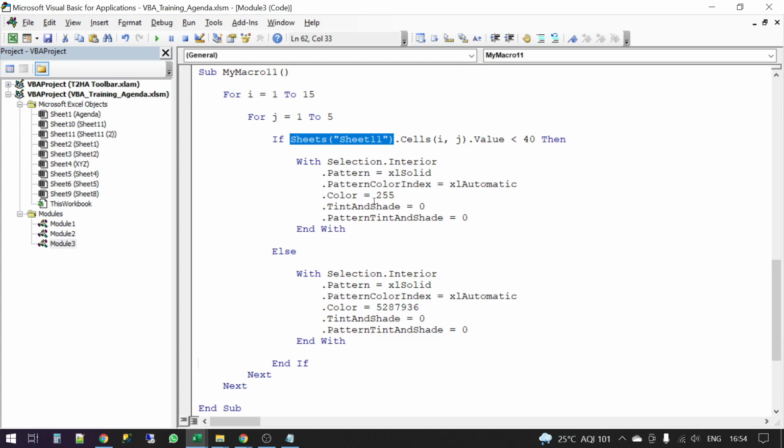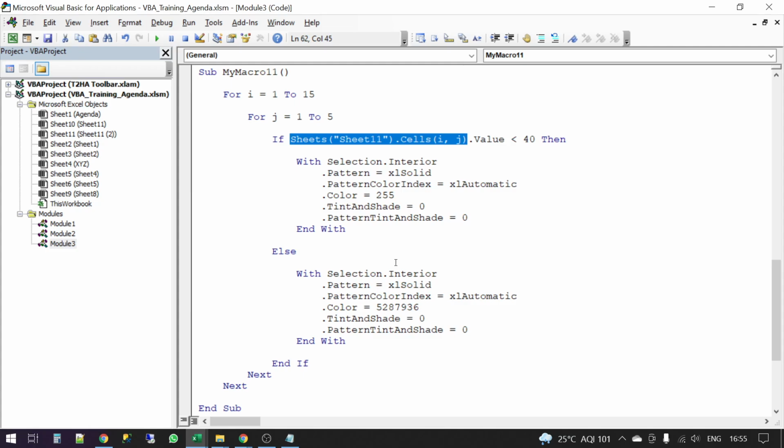Brinal, one issue with what you've said is i and j will never be in double quotes. Double quotes are only used for strings. i and j are variables, which have to be written like this without the double quotes. Which cell is to be applied with color? Yes, this particular cell which is less than 40 needs to be colored, right? Else it has to be colored like this. So this cell is what we are referencing. I get that. Okay, cool.